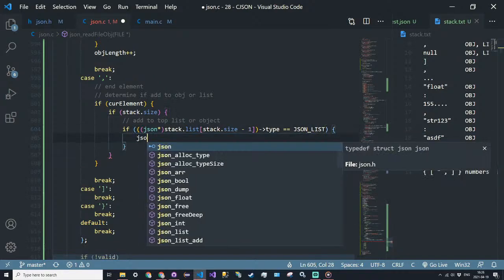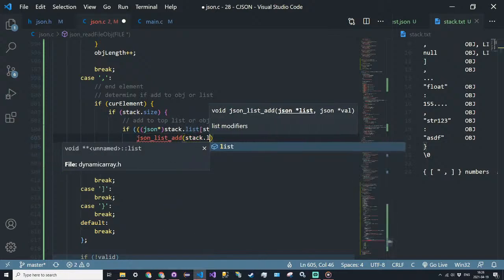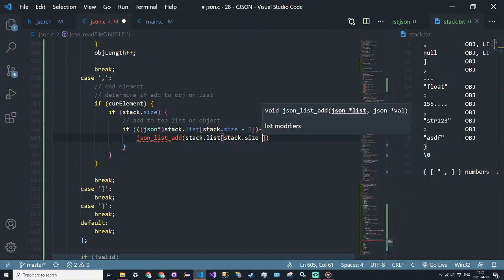So we call JSON list add, and the list will be stack.list at stack.size -1, and the value will be current element,